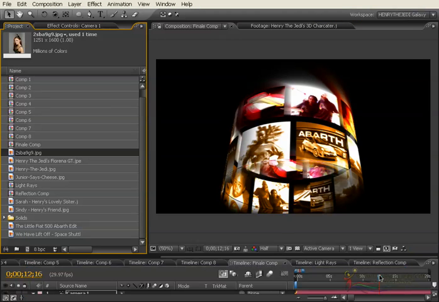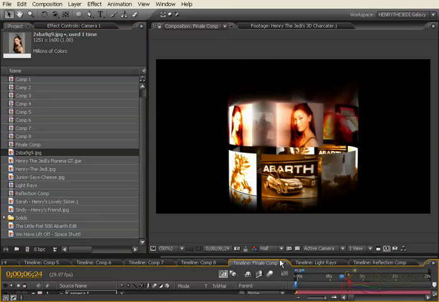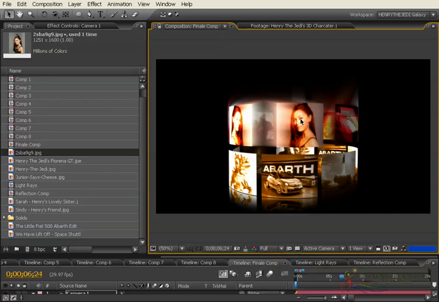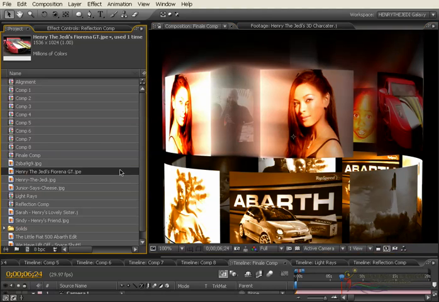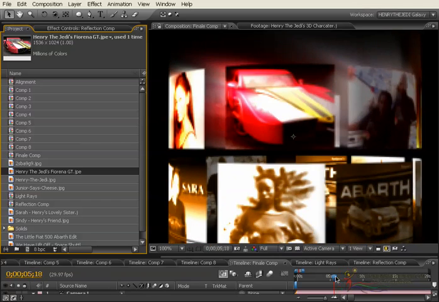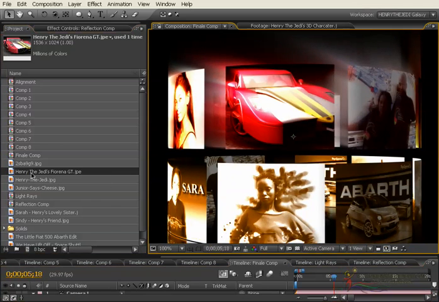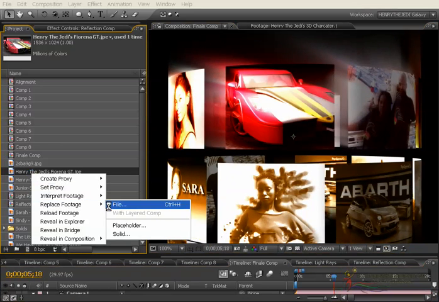and I can assure you, can you see now? She has been replaced. Can you see now? Now this lady is taking the place. Let's say you wanted to replace the car, for that matter, this one here. Well, you simply select the car, replace footage file,